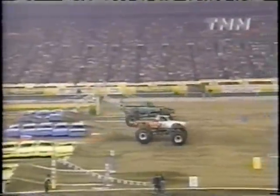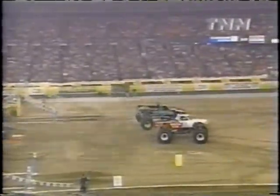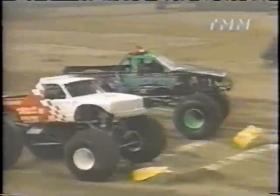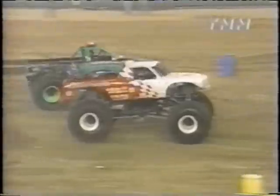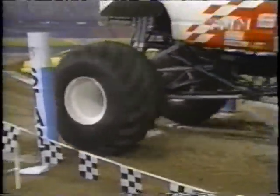Take a look again as they come around that tight U-turn here, and this just seems to be the key, is getting off this turn, and they're really getting that hammer down on the throttle. And that Monster Patrol able to just really use the horsepower on that final jump. And, boy, you can see Tommy Mintz had to put it on the ragged edge. He almost goes over at the completion of the run, but does a nice recovery and gets it back down on all four wheels. So Monster Patrol now will advance on to the next round as we see, again, that finish. Executioner almost went over as well. Obviously, just the angle you were at, you know, from